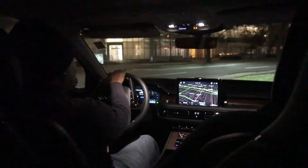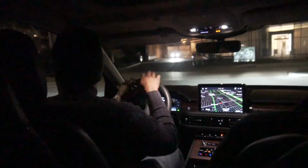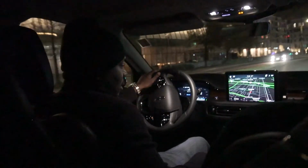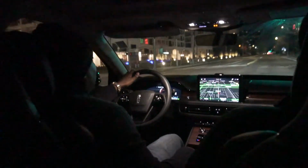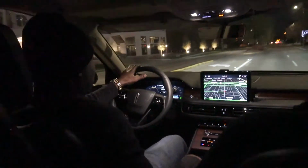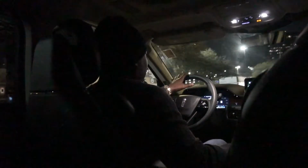So when you start off driving, it's always in hybrid mode. The electric motor is primary, and it's really quiet. Again, it's a comfort thing. But you do have different drive modes. So I'm going to put it in the Excite, and that engages the V6 at full force with the hybrid at the same time. Meanwhile, I'm getting massaged over here. Only thing that I really don't like